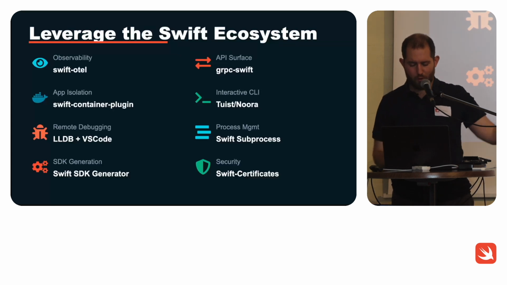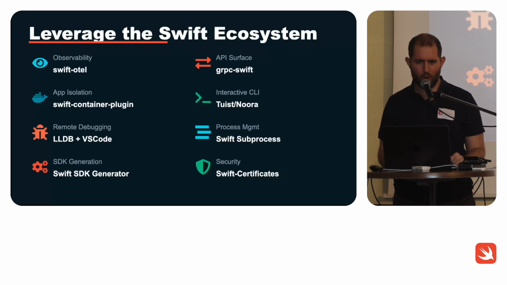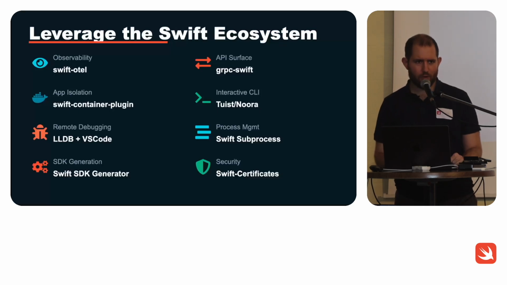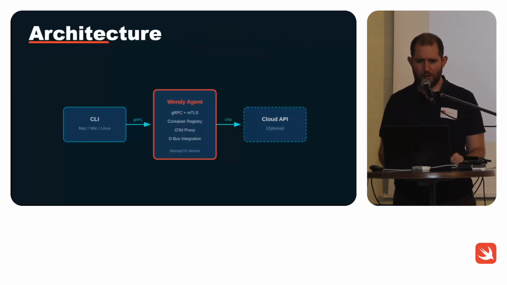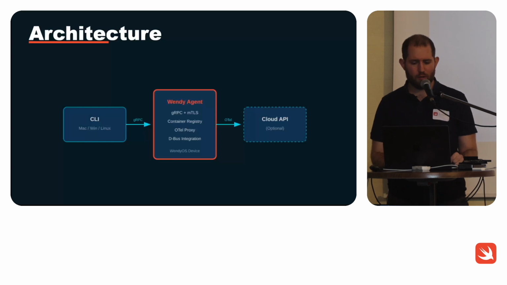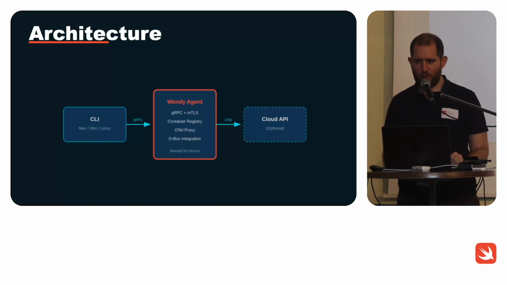So these are a few of the packages that we've used and contributed to over the course of developing this project. The basic architecture of Wendy OS is similar to regular Docker. You have a command line utility written in Swift using gRPC Swift that runs on macOS, Windows, and Linux. We have an agent on the other side, just like the Docker daemon, which exposes a Swift gRPC API using mTLS on your local network, and then using mDNS we allow you to discover your device, and we also broadcast over